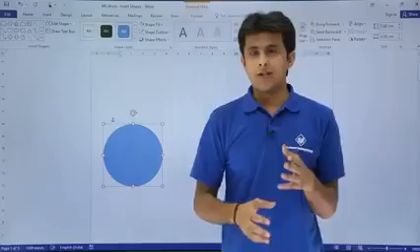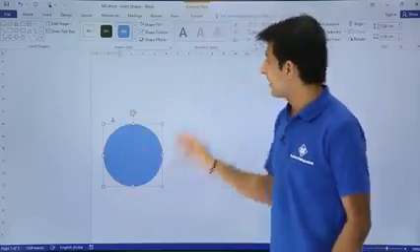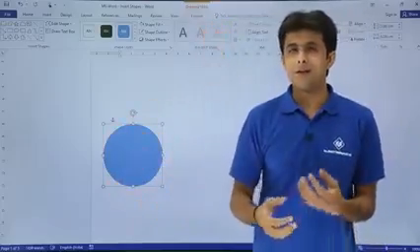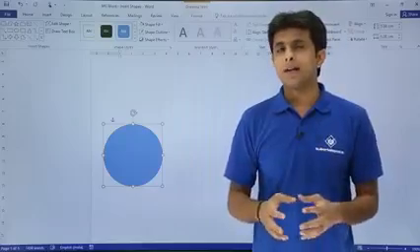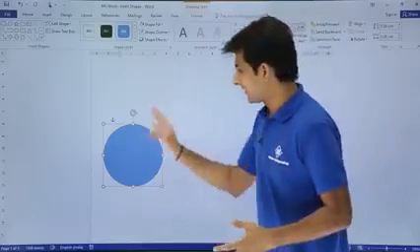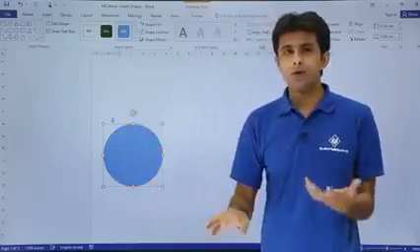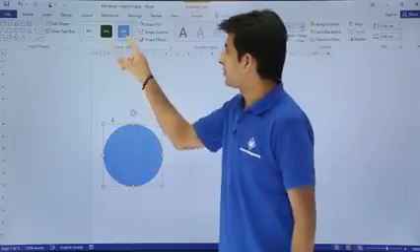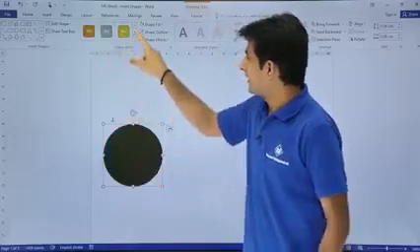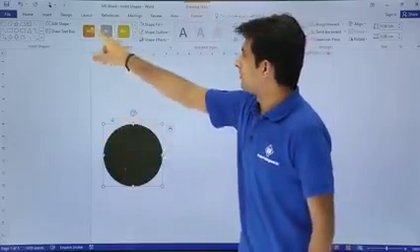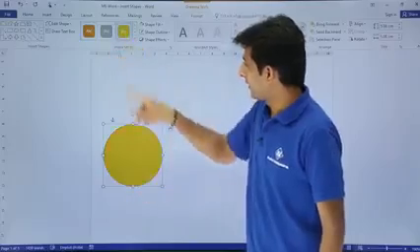Once you click on the shape, the shape is selected and you'll get a Format tab. That is nothing but a drawing tool. In this Format tab, you can format, let's say, color, border color, and so on. I've selected the shape right now. If I want to change the color, I can select from this Shape Styles. You can see these are the inbuilt styles by Microsoft Word. You can select any one of them.